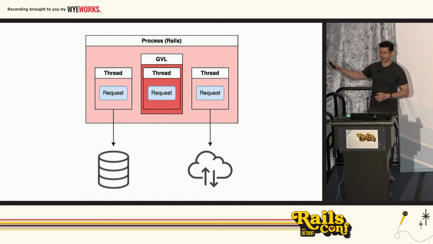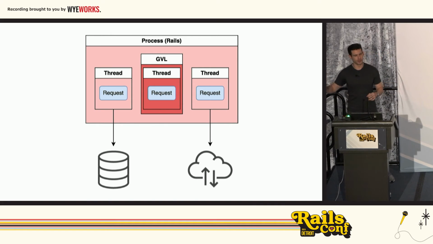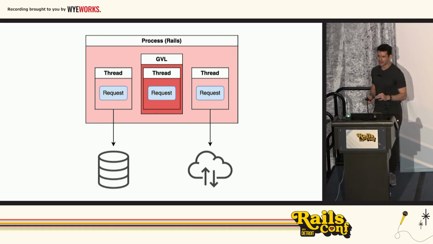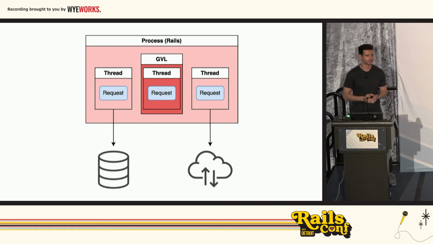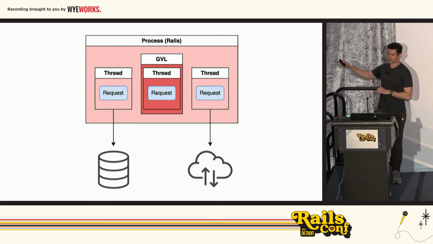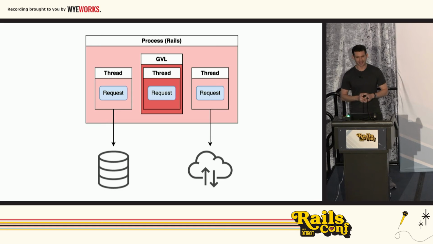Now, I've chosen 3 as the number of threads for our example, because if you're running a multi-threaded Puma process, that's the default value that the Rails community has landed on as an optimal number of threads. Took a long time to get to that number. But to better understand how many threads we might want to run within our process, let's look back at a